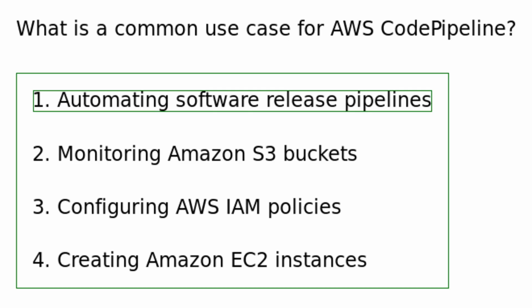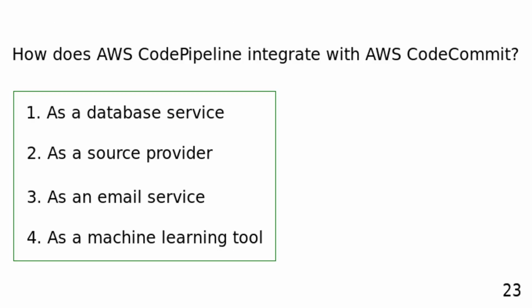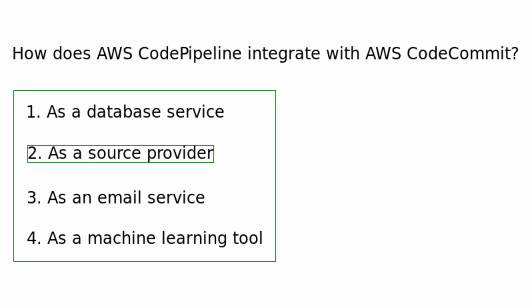practices. How does AWS CodePipeline integrate with AWS CodeCommit? As a database service. As a source provider. As an email service. As a machine learning tool. AWS CodePipeline integrates with AWS CodeCommit as a source provider to retrieve the source code for applications managed in the